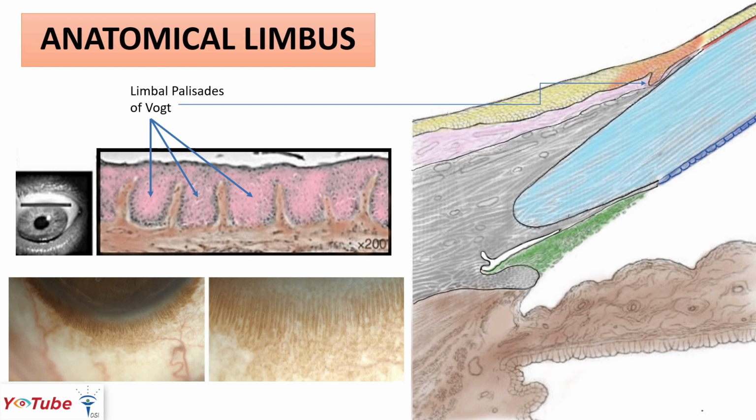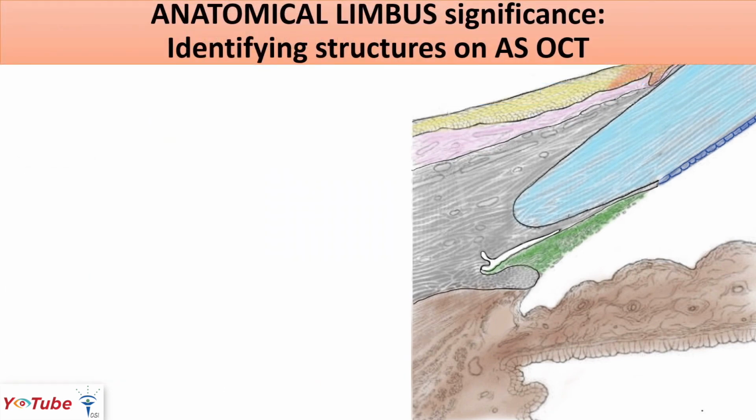So now we have seen that the anatomical limbus is defined from a histological perspective in cross section. So what is the important clinical application of understanding the anatomical limbus in such detail? It doesn't have much role for us surgeons, it is more helpful to the pathologists to identify the anatomical limbus. But one important clinical application for us is in identifying the landmarks on anterior segment OCT images, because nowadays anterior segment OCT images are used to grade the anterior chamber angle. So just let us see how knowing the boundaries of the anatomical limbus helps in that regard.